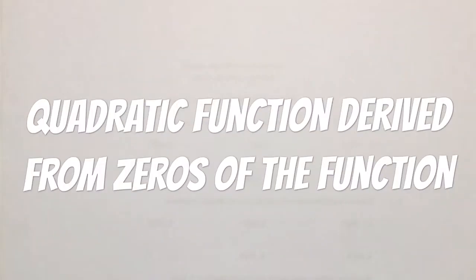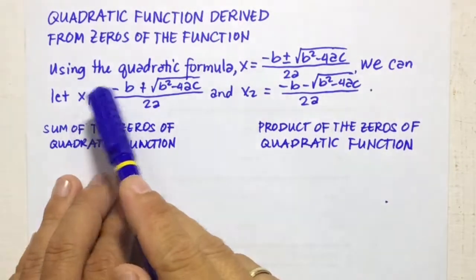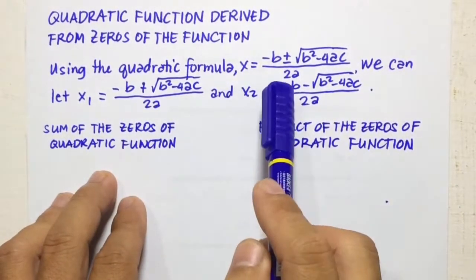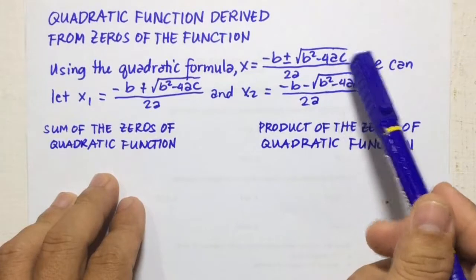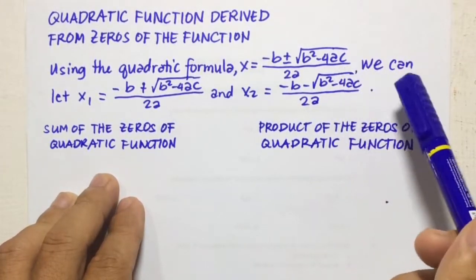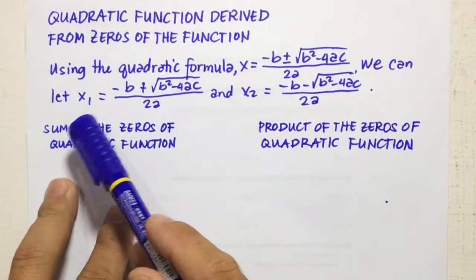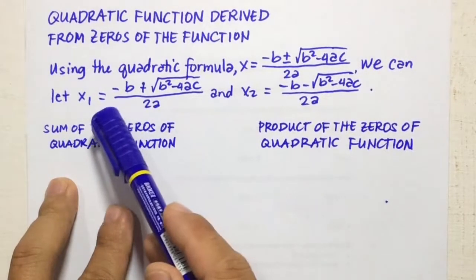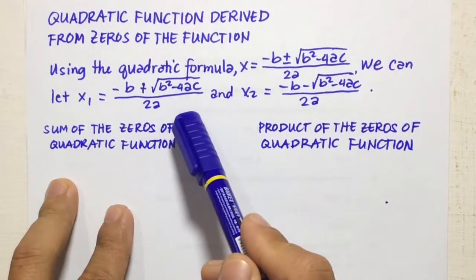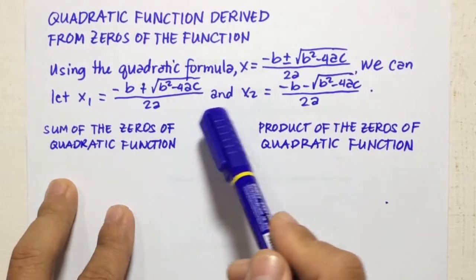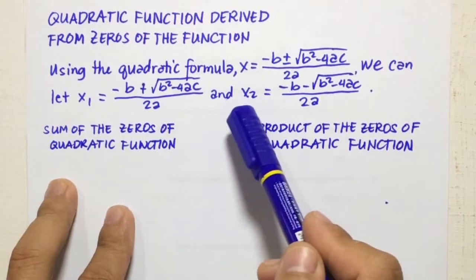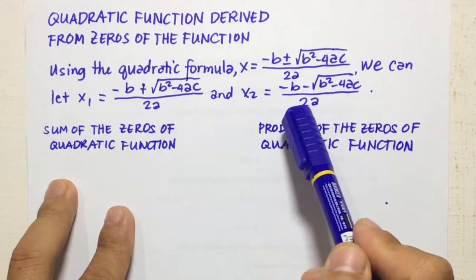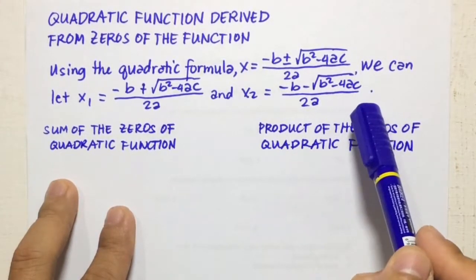Hi guys! In this video, I'm going to discuss the quadratic function derived from zeros of the function. Using the quadratic formula, x equals negative b plus or minus square root of b squared minus 4ac over 2a, we can let the first zero, x1, equal negative b plus square root of b squared minus 4ac over 2a, and the second zero, x2, equal negative b minus square root of b squared minus 4ac